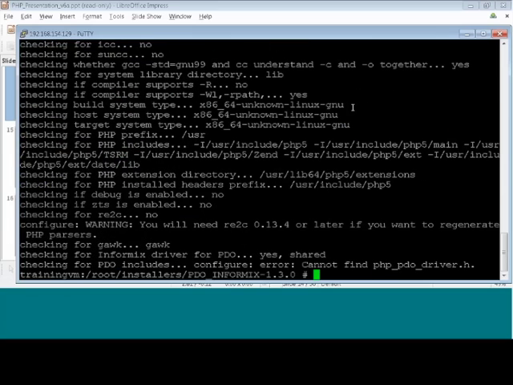So it starts running through the configuration, and if your environment is SUSE, and I've not gone through and tested the latest module for all the other distributions out there, what you'll find is: checking for PHP includes... configure: error: Cannot find php_pdo_driver.h. If you run into this error, here's how you fix it. You open up your configure file,